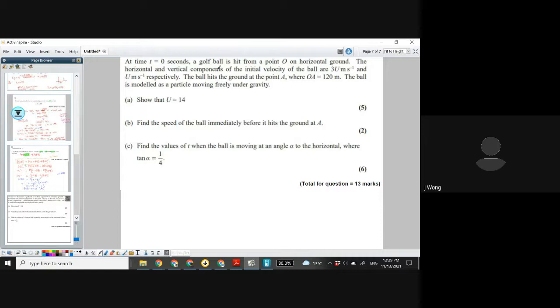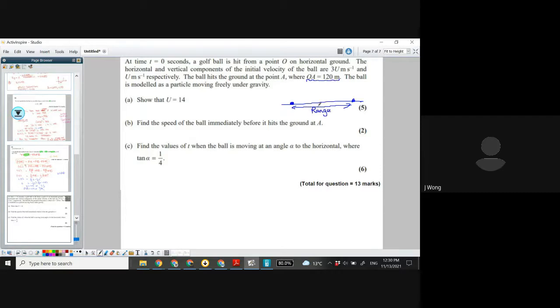which means I don't need to do any sort of resolving work. And then they tell us it's going to arrive at the floor again at point A, where OA is 120 meters. Use it to show that U is 14, where U is the vertical component, the vertical speed only. And then part B and part C are other problem solving techniques. Just a reminder that since I project from point O and land on the floor at A, we call the distance OA